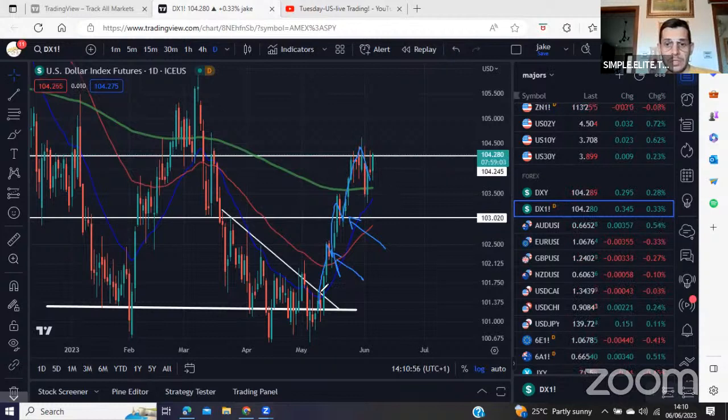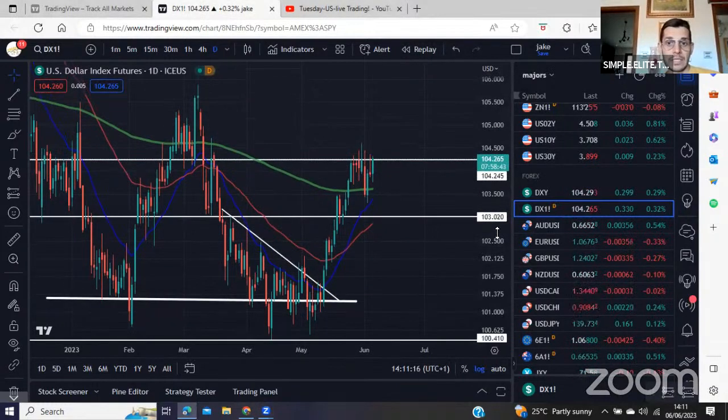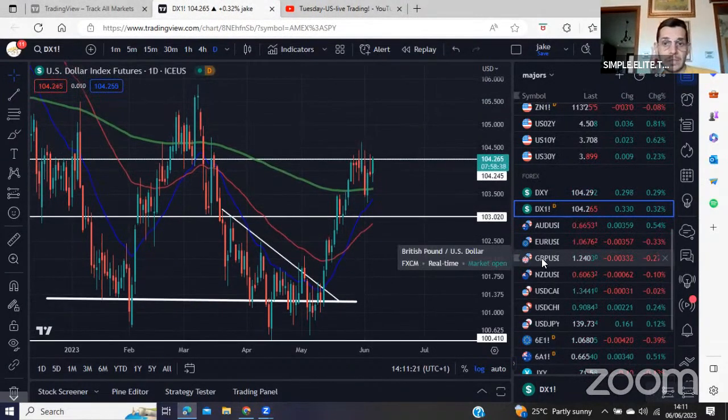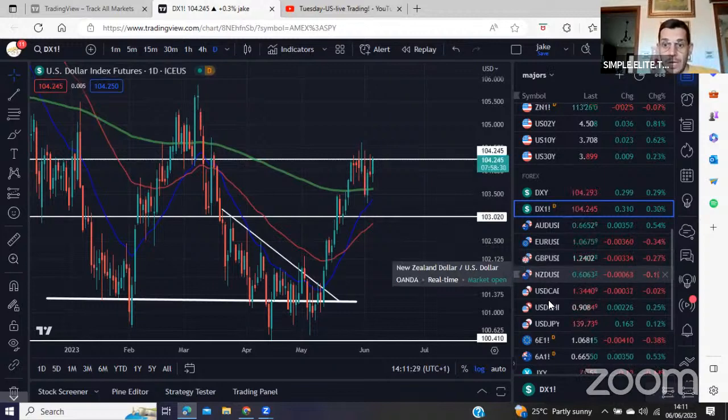But pay attention to this bar from yesterday, which is this high test bar. But this high test bar in an uptrend is not a reversal bar. And today we can see some bullish price action. So I would like to see some strength on dollar still, and I have a couple of pairs which I'm looking to be a buyer of the dollar against, some of the currencies which I have on top of my list.